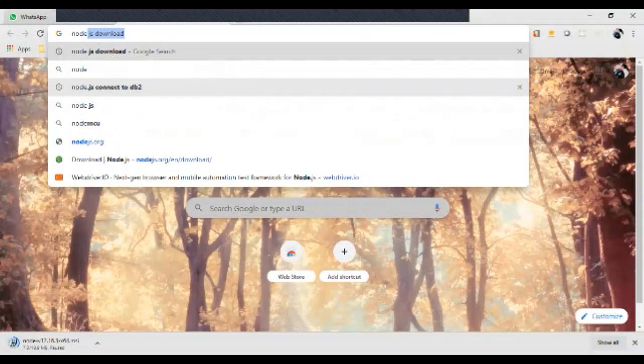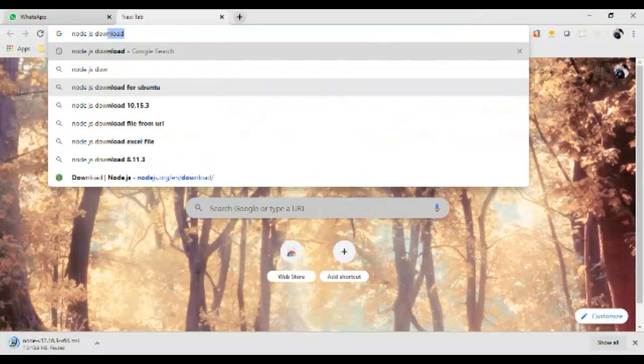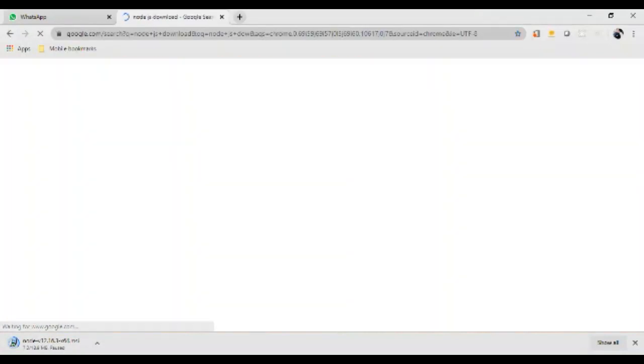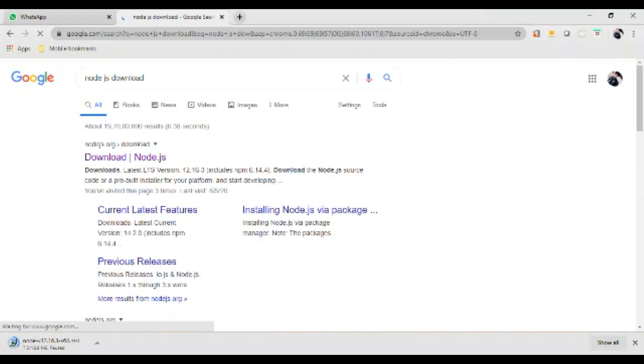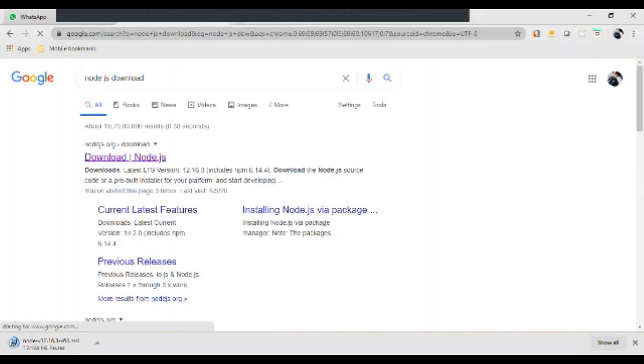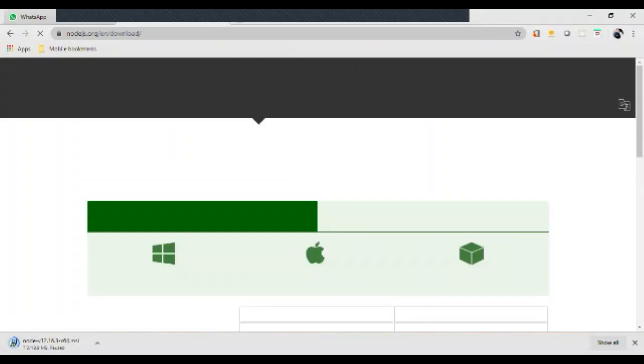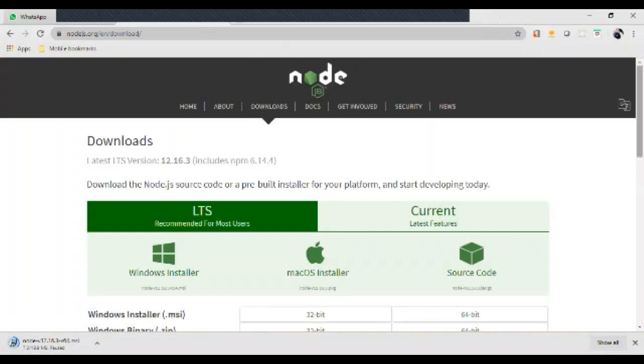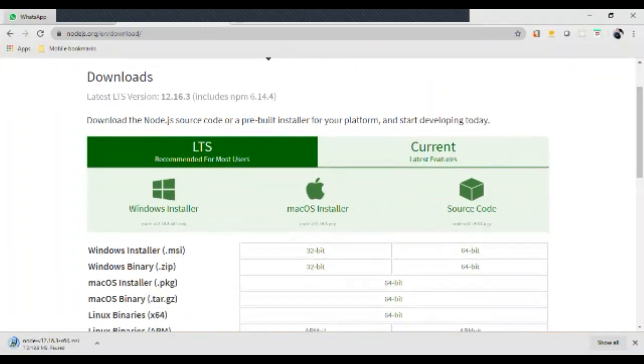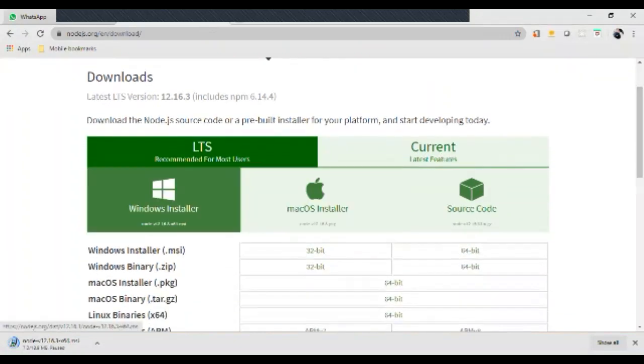Okay, just type Node.js download. Node.js is required for React.js applications as well as Angular applications.